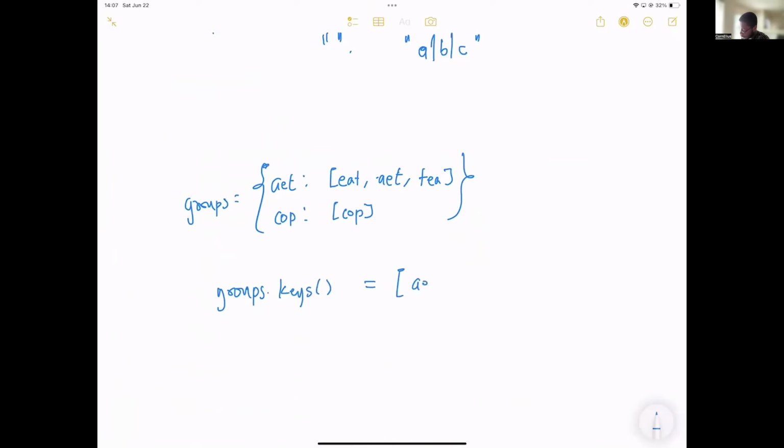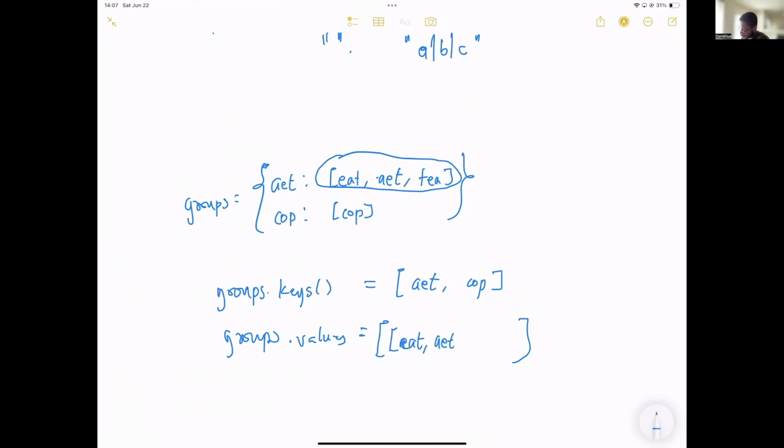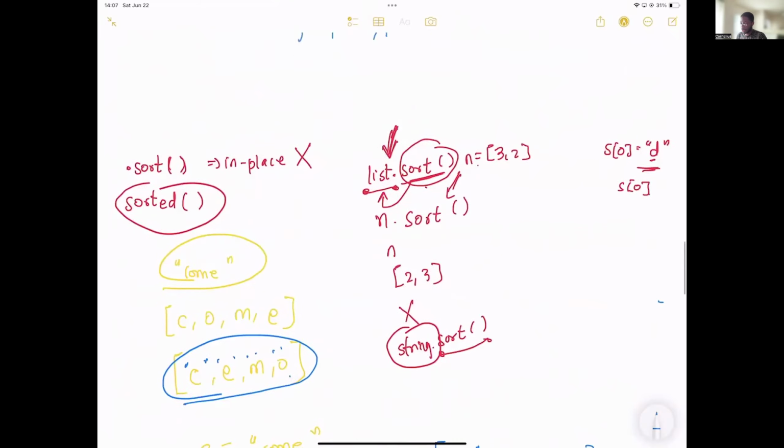A list of AET and COP, right? And groups dot values, look at this. It's going to give you a list of the values, but the values themselves are lists, right? So AET and its words, that's one item, remember this item, then the next item, that is also a list, COP. Like so, and we are done. So we just return groups dot values, and that's the solution to group anagrams.